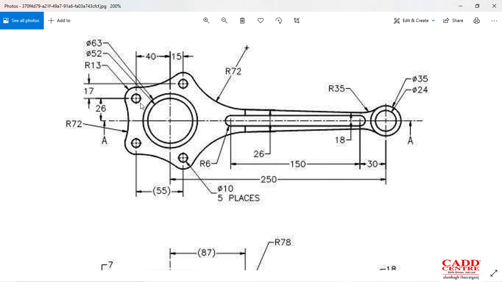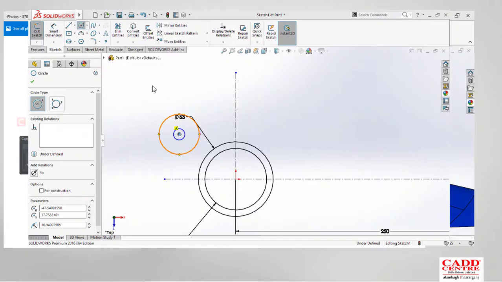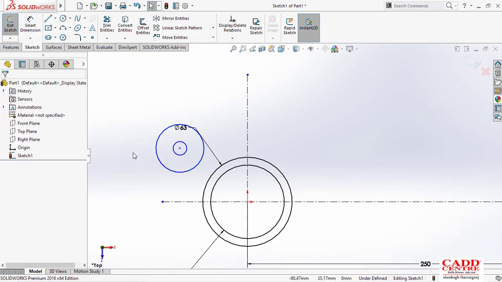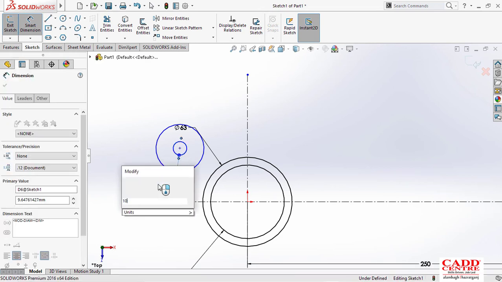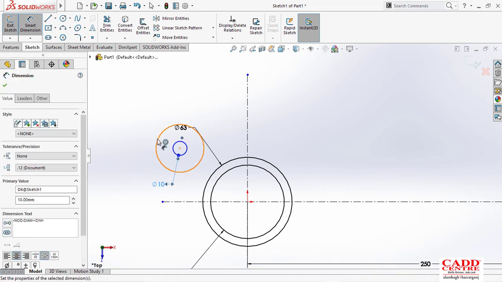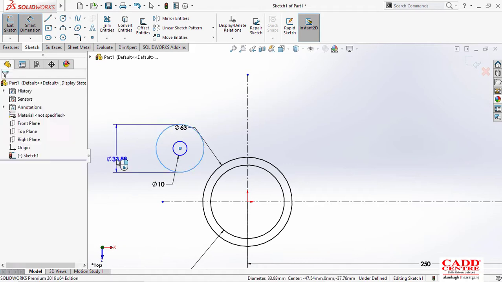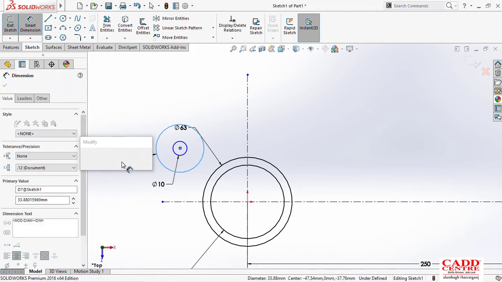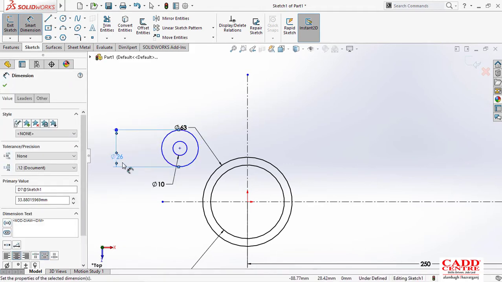So I'll make one circle having radius 13, or I can say 26 diameter, and another having diameter 10. So the smallest one would be diameter 10, and the bigger one would be diameter 26, because the radius is 13.